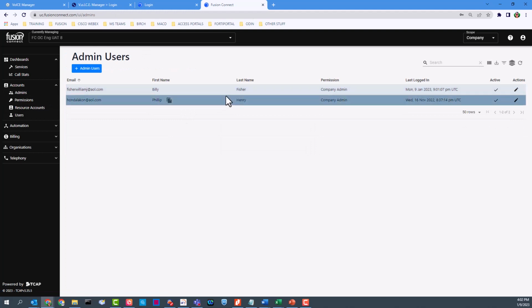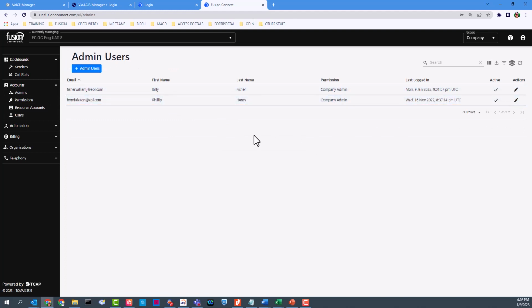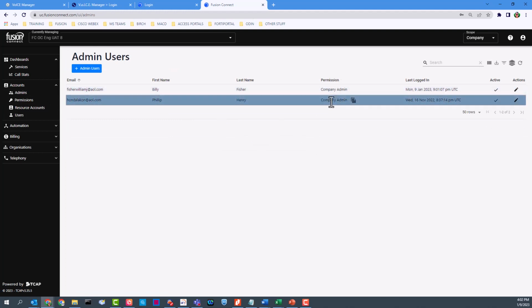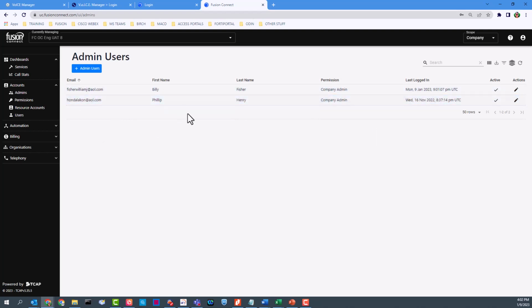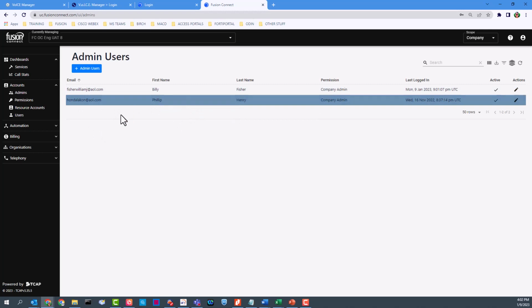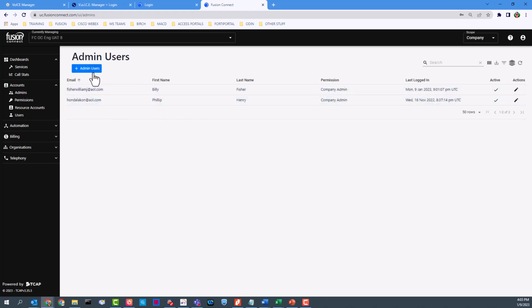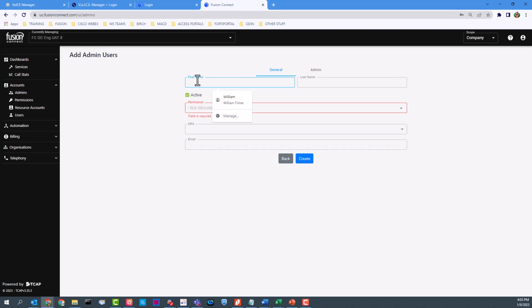You can see here I have 2 admins added to this account already, and they are actually permissions of company admin. You can see they're active, etc., with their email address correlating with the actual user for their login information. To simply add an admin, click Add Admin. Put in a name,